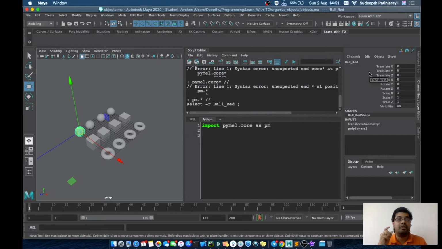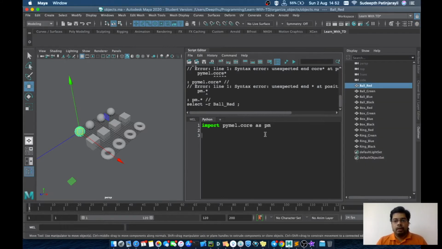The shape node is where the object's details are, the shape of that object and what characteristics it has. So we'll have two different nodes for the same object, a transform node and a shape node. It's just general information for you guys.